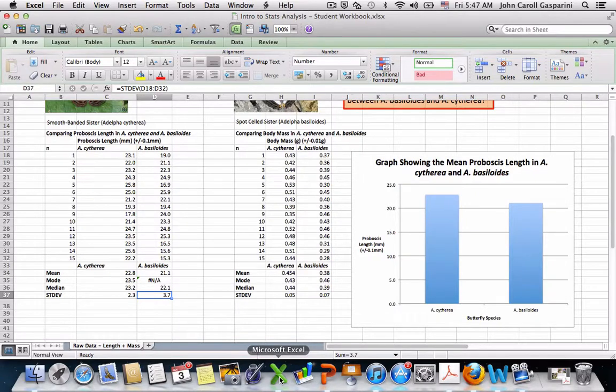Now what we need to do is put these standard deviation values somehow graphically onto our graph of the mean proboscis length for these two butterfly species. Right, so we need to somehow incorporate these standard deviation values 2.3, 3.7, 0.05, 0.07 onto this graph. All right, so what we want to do first off is add each of these standard deviation values